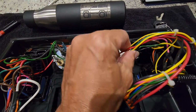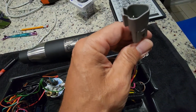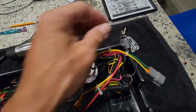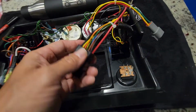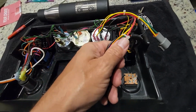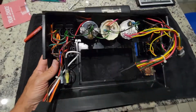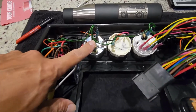So I wired these up to a three-way Deutsch connector there. The opposite side is at the car. Then I have a 12-pin Deutsch connector for this side of it and an 8-pin for this side. So when I go plug this into the car, I just need to run a hose to the back of the vacuum boost right there,